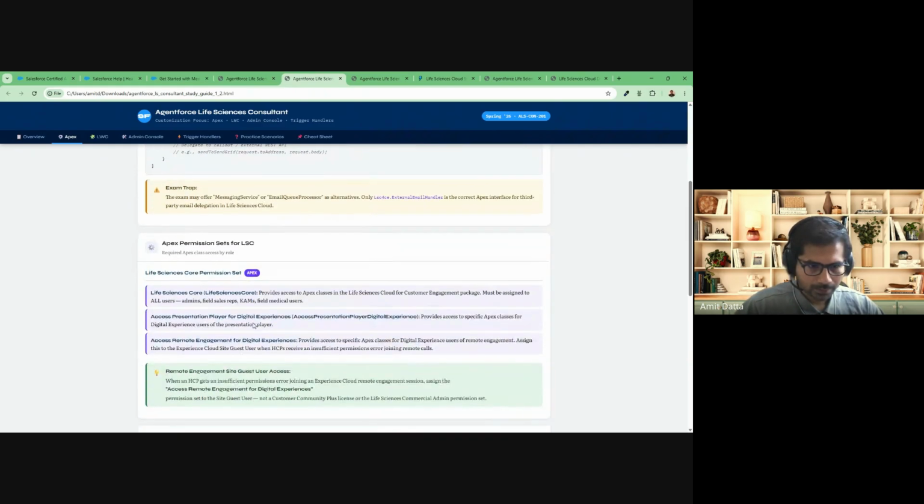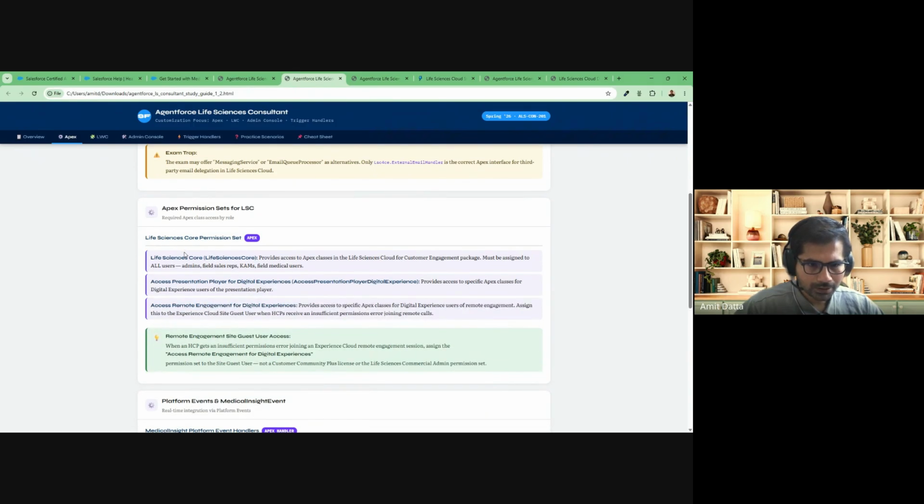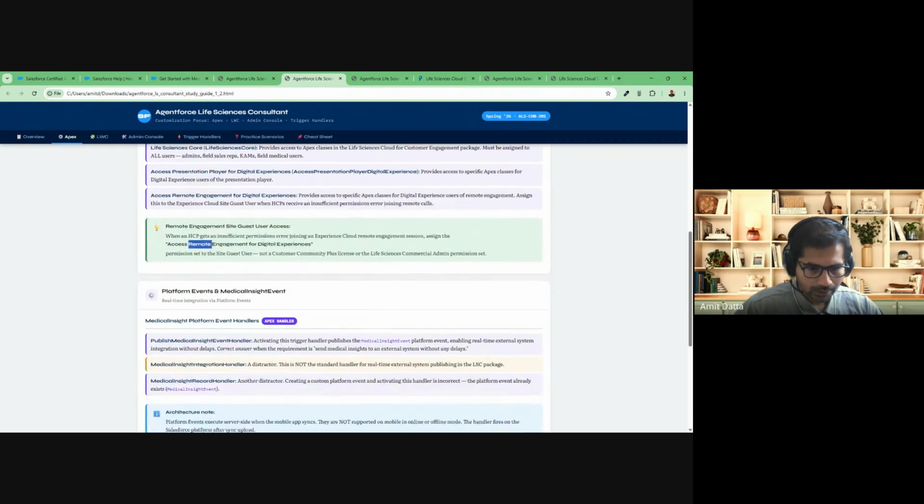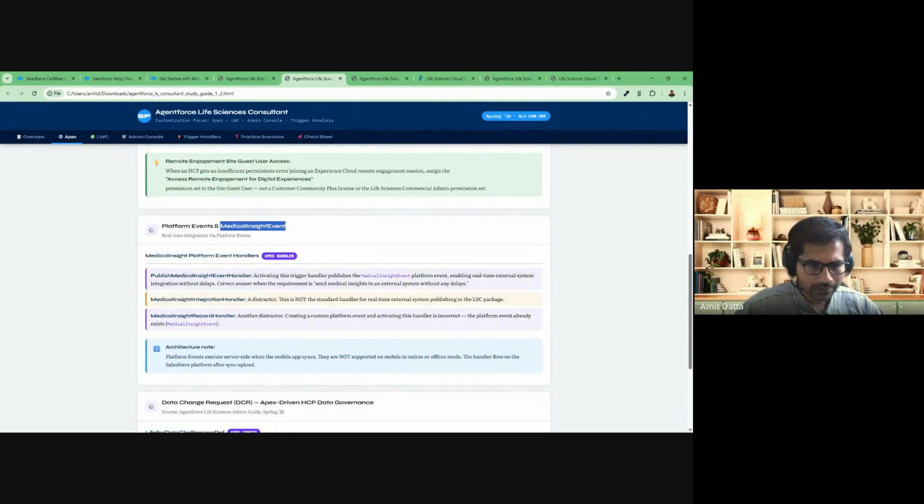Okay, and then there are some permissions that are required as well. You have to have access to the remote engagement for digital experience permission set for the guest user if they're not able to view functionalities in the system. And then you also have some medical insight platform events. There are multiple platform events available out of the box, but this is one of those where you will have a medical insight handler,